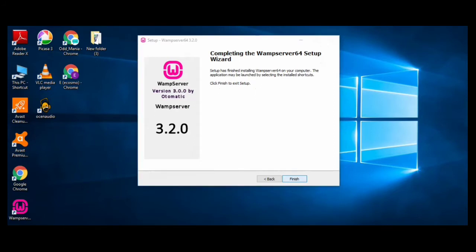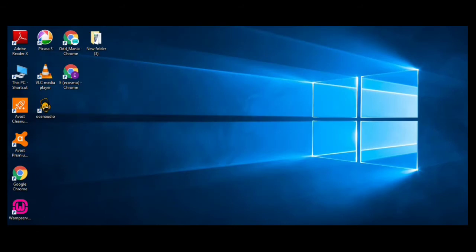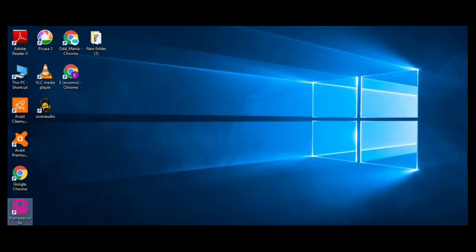Now finish. Open the WAMP server again by clicking on the desktop icon. It will take some time configuring the files. Now you have to wait until the WAMP server symbol turns green.